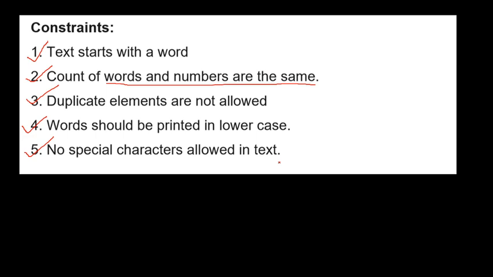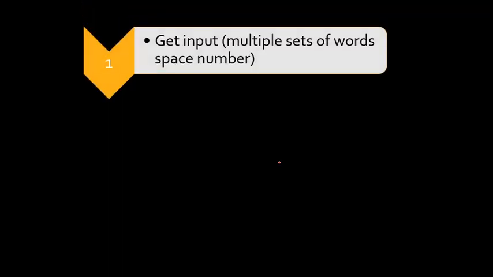Is it clear up to this point? Okay, so we have understood the problem statement, the input format, output format, and the constraints. So now we can start working on the problem. When I say start working on the problem, you first need to form the steps. How can I proceed with the problem? That should be understood. So for this, what will be the first step? You need to get the input. Yes, first you have to get the input.